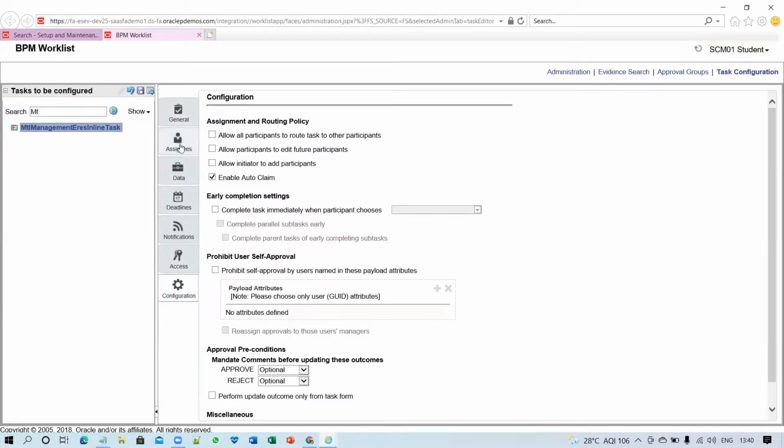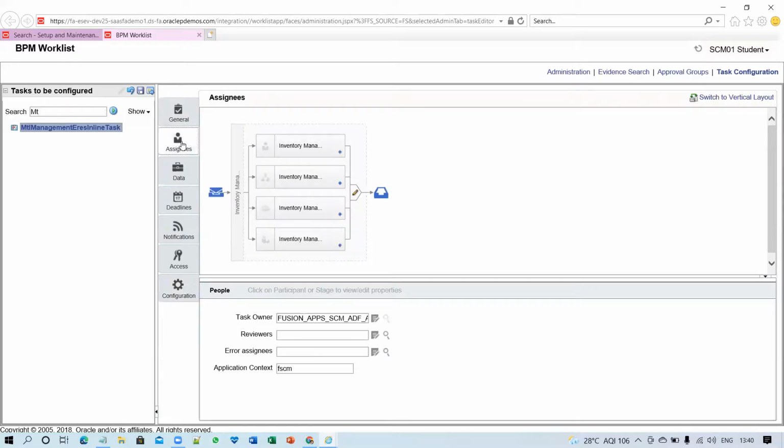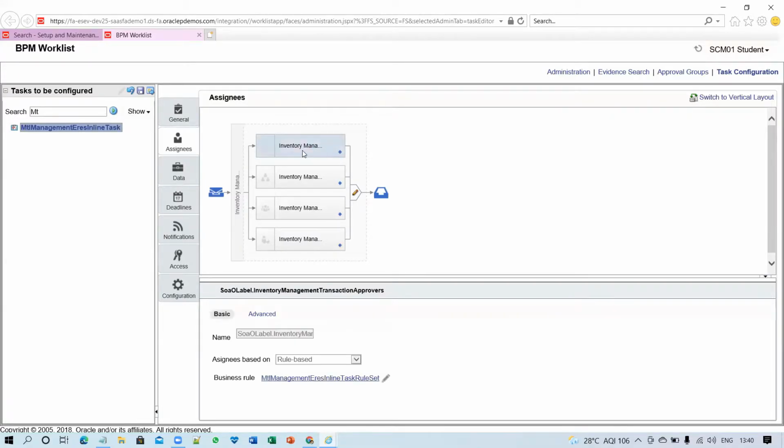Now within the assignees, there are a couple of options available. If you want to set the inventory management approval, parallel approval, serial approval, or group, you can do that. So I'm setting up inventory manager. Now, if you see at the bottom, what I have is assignee based on.